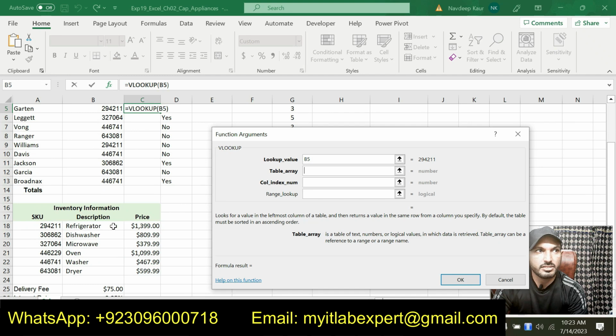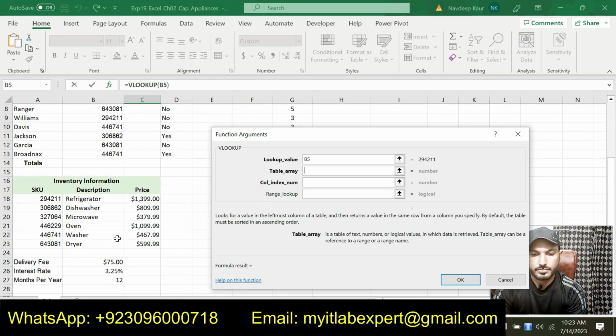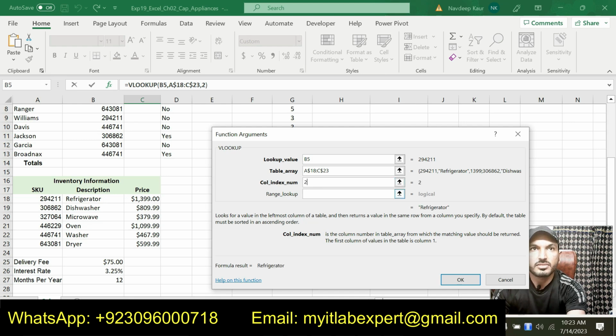Our table array is this one, that is from A18 up to C23. This is our table array. Column index will be 2, and then we will make this false.